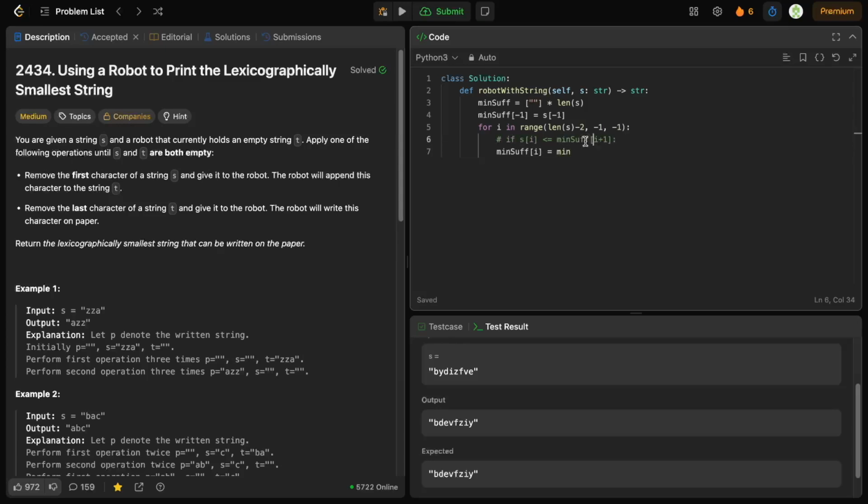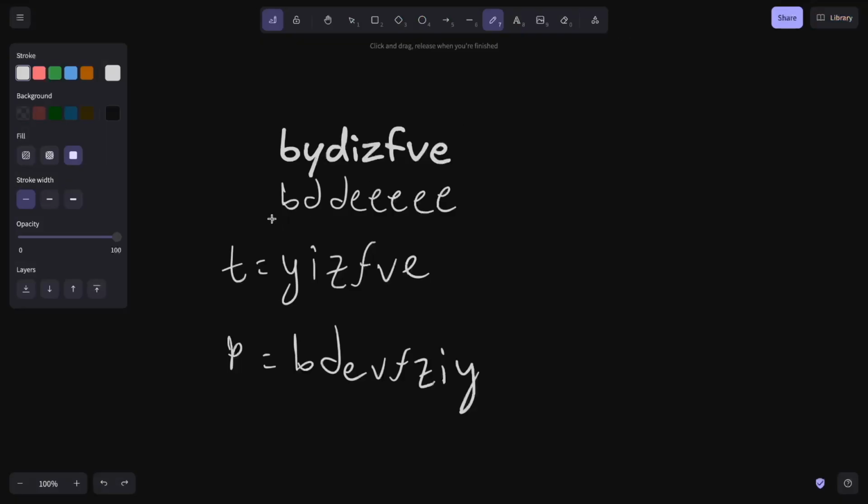So we would do min of s at i and min suffix i plus 1. So either you keep the letter the same, or if s at i is lower, then you replace it. And so that logic should give us this string,